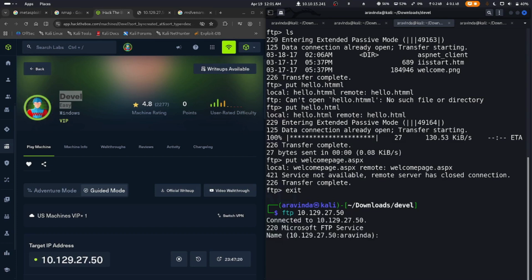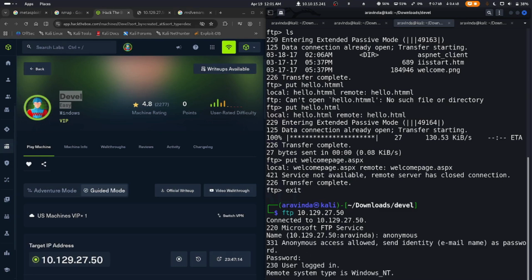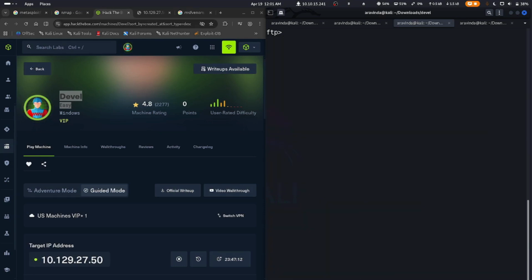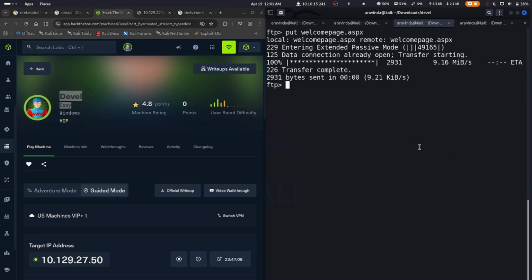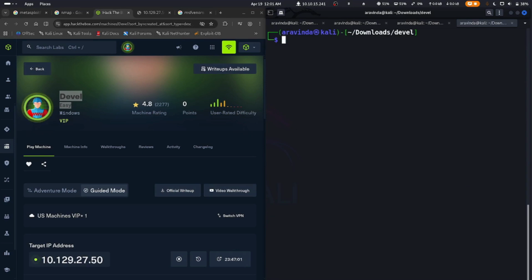and let's do an anonymous login again. Let's type in anonymous, and let's hit enter on a blank password, and let's do put welcome page.aspx, and the transfer is complete. So now let's fire up MSF console. So we need to start MSF console,